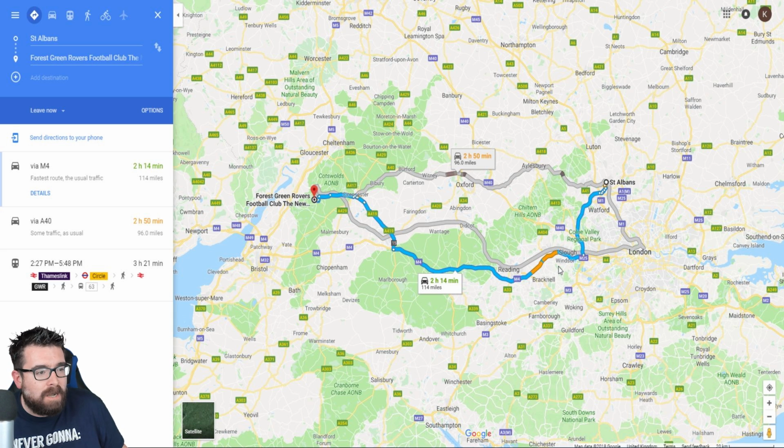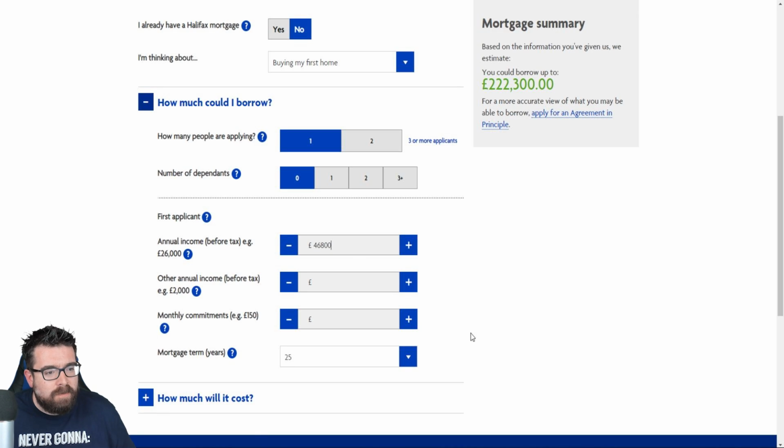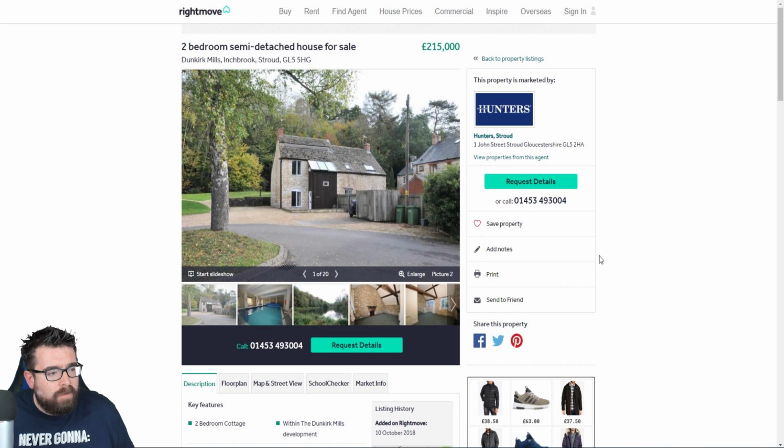Bearing in mind, 18 months ago, I was living in a garage. I'm now living in the Cotswolds. And plus, because I'm now earning £900 a week, that's a significant pay rise on what I was getting paid at St Albans. I've been back to the Halifax mortgage calculator. Other mortgage calculators are available. I can borrow up to £222,000, which means we've got a purchasing budget of about £230,000, which if we head over to Rightmove